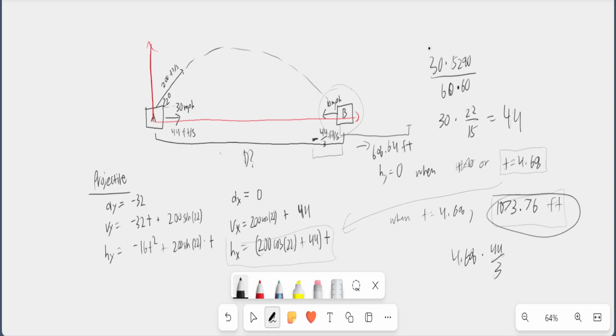Okay. There was something that always irked me. I'm trying to remember, when I was doing projectiles, and I think it was,